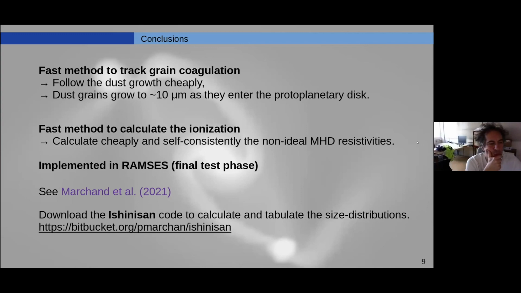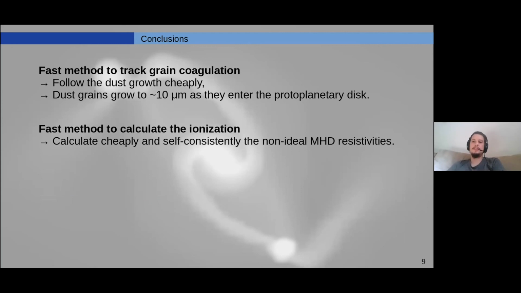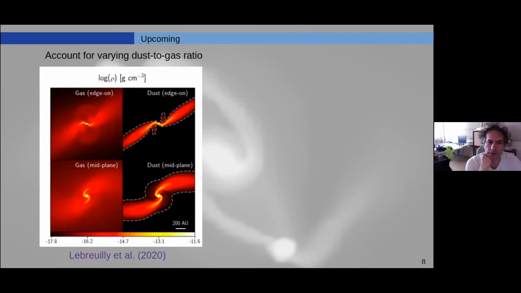I think it's a useful work. As you said, it seems that the method is not compatible with the fragmentation of grains. But as you know, it's likely the case that fragmentation will be extremely important because the small grains are actually responsible for coupling the field and the gas. And if you have only coagulation, then you may end up with artificially high resistivity. So what's the prospect of how you can deal with that?